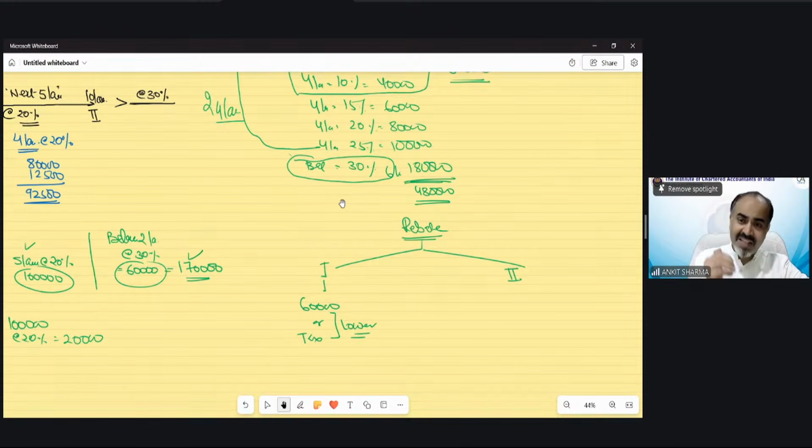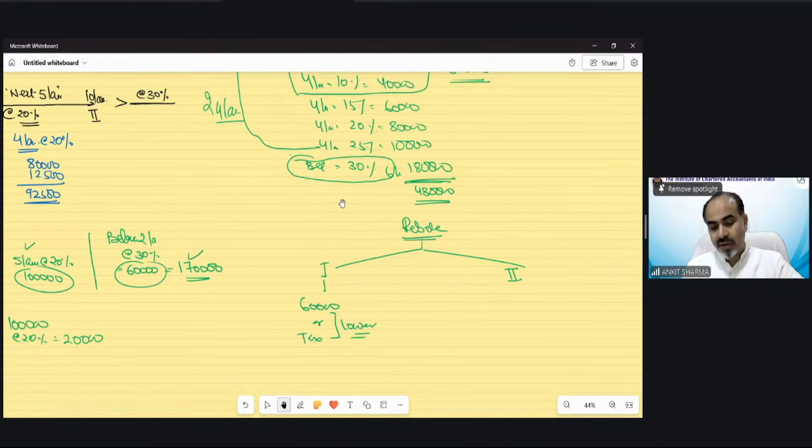Yes, the tax would be nil if your income is up to 12 lakh rupees due to the effect of the rebate. So if someone asks you from today onwards whether under the default tax regime, 12 lakh rupees is exempted, the answer would be no. The basic exemption limit is 4 lakh rupees. But the effective tax would be nil up to 12 lakh rupees due to the rebate concept.